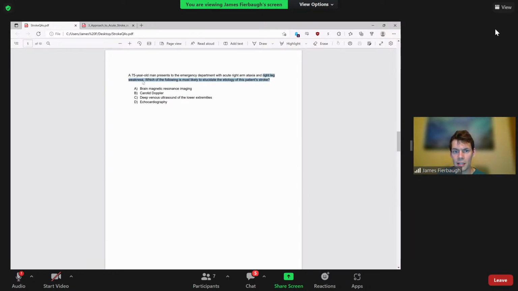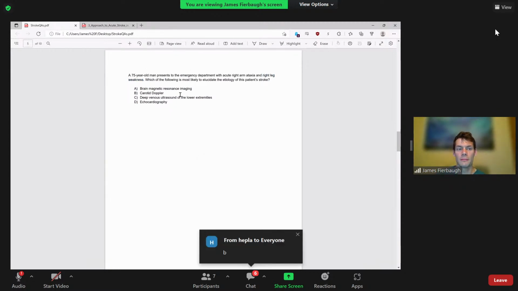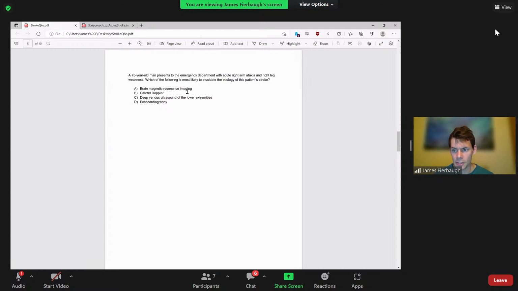Are not likely to be caused by the same stroke. Is that what you're saying? Perfect. I completely agree with that, which is very challenging. So if we were looking for possible metastases or other underlying causes of an ischemic stroke, a brain MRI